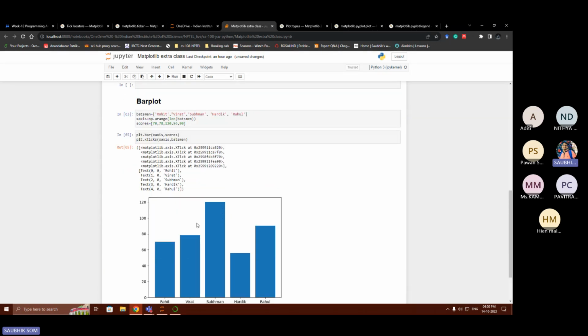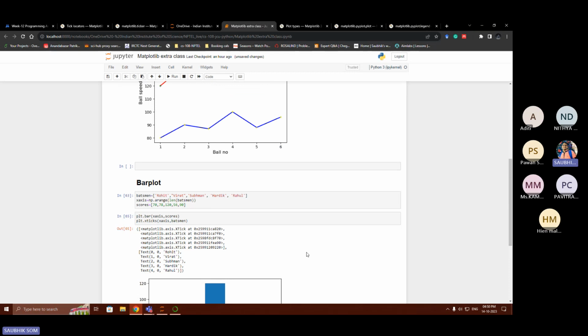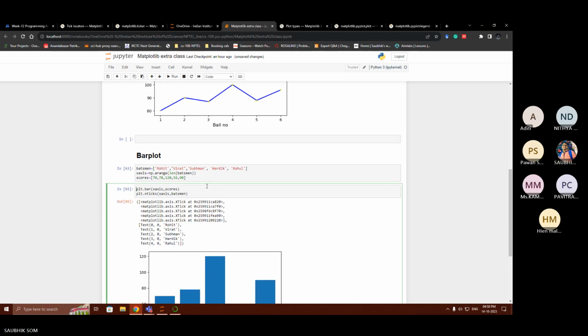And what is the advantage of doing this? You will understand in one minute. So now I have plotted Rohit, Virat, Shubman, Hardik, Rahul. These are plotted for Indian batsmen. Now I wanted to plot the same thing, maybe with South African batsmen. So we'll have one more similar list, and we'll